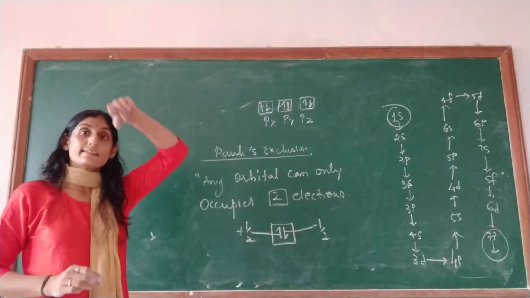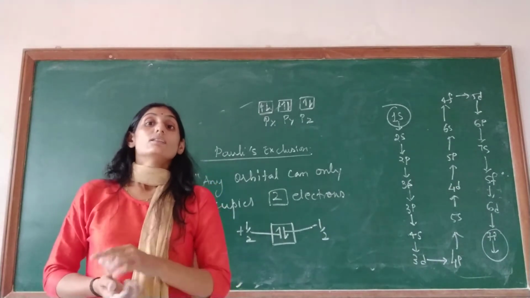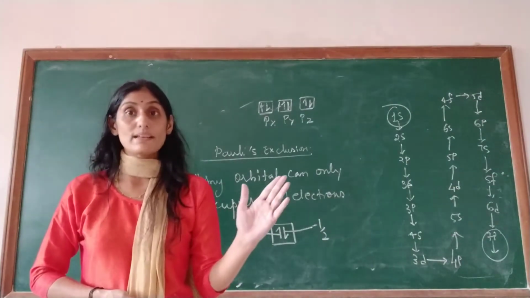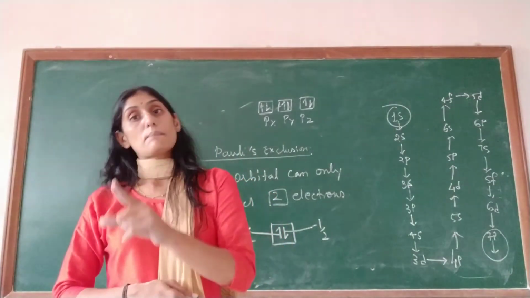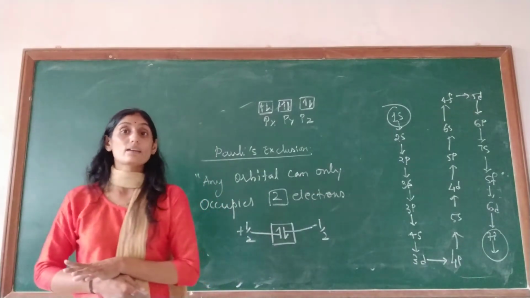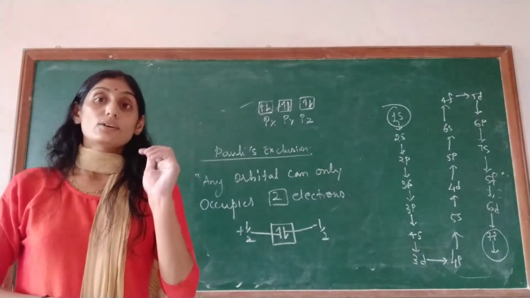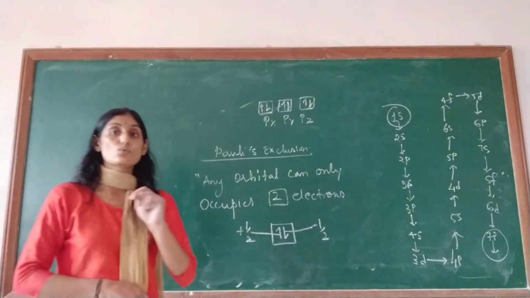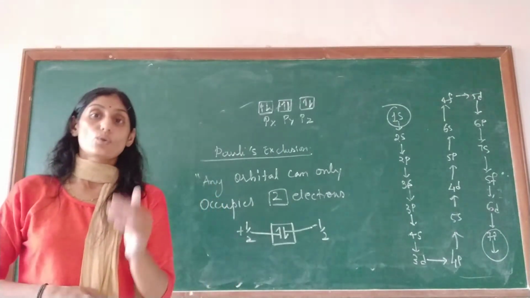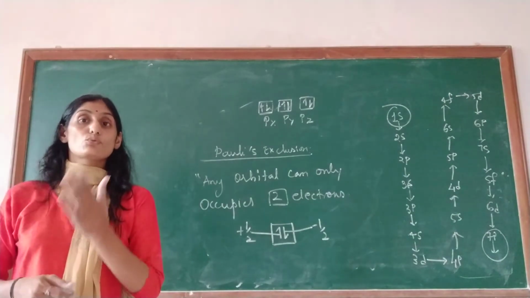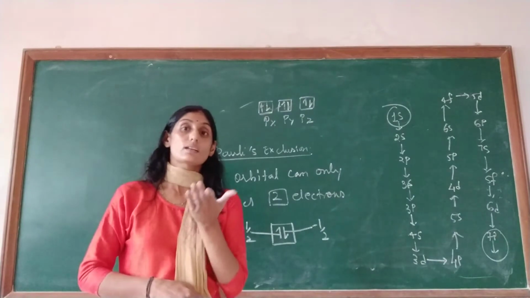That is given by Hund's rule. What Hund has said is that the subshell orbitals hold one electron in the same spin first, and then they occupy the remaining electrons in the opposite spin. So that was the rule given by Hund. What Pauli has said is that any orbital has the capacity to hold only 2 electrons, not more than 2. If there are subshells, then also each holds 2 electrons, not more than 2. That means 2px contains 2 electrons, 2py contains 2 electrons, 2pz contains 2 electrons.